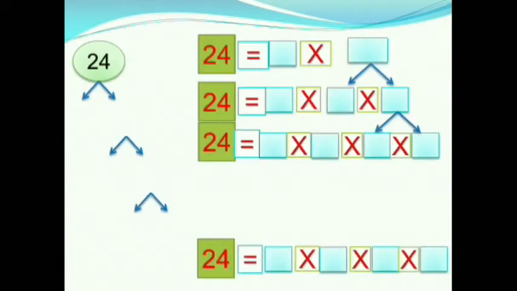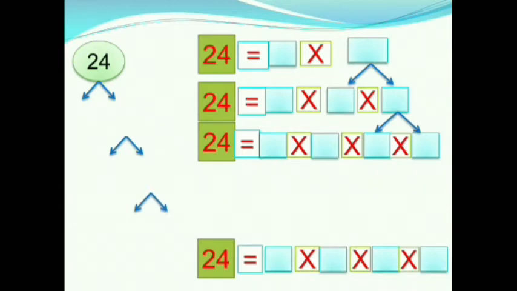Now we will learn about factor tree. In the factor tree, we will be given a number. We should write the factors of that number. Then we should write the factors of those numbers until we get the prime factors at the last. First we will write the factor tree of 24. How many factors does 24 have? It has so many factors.